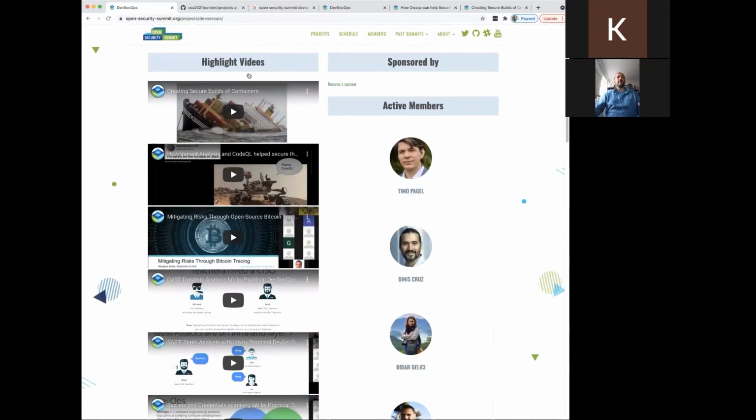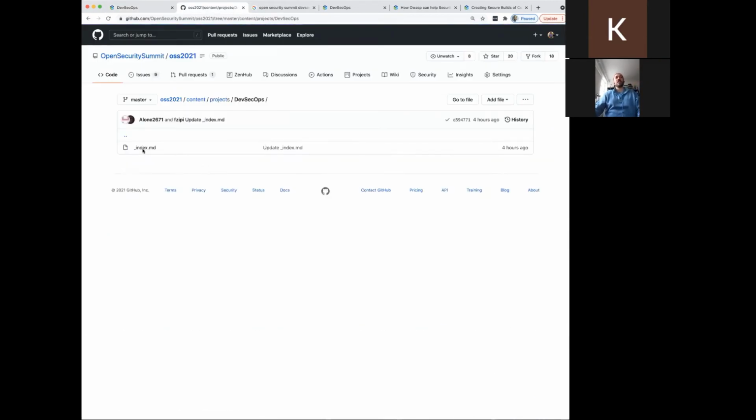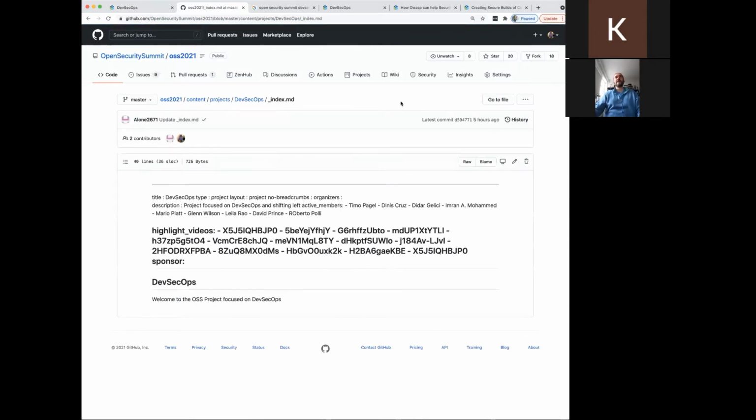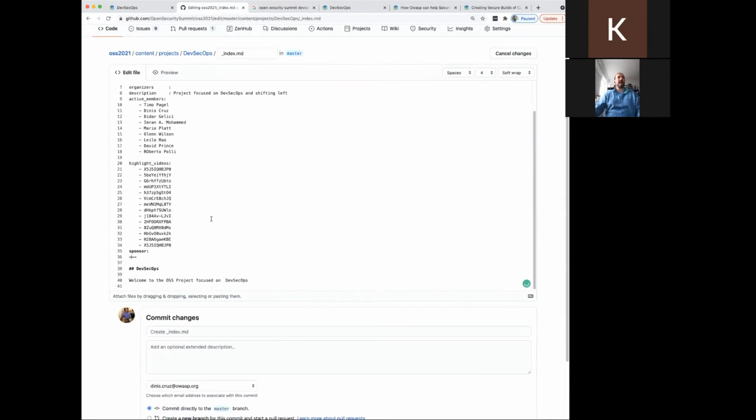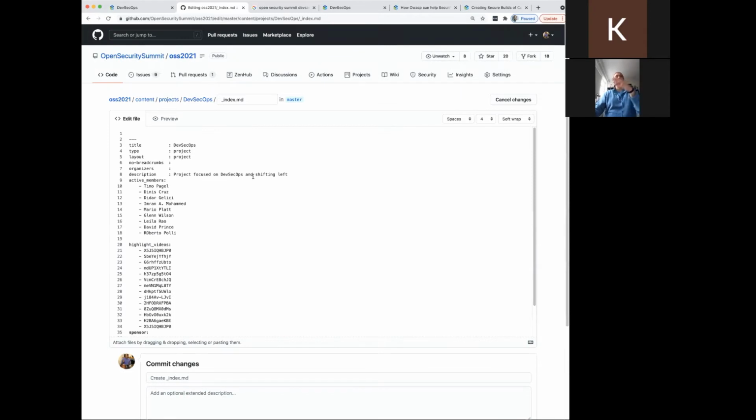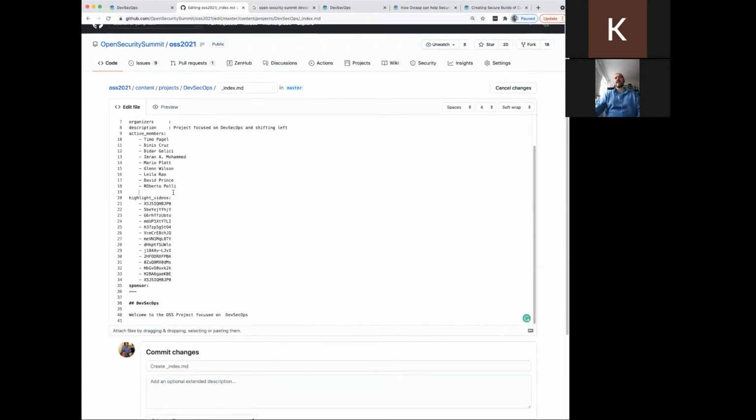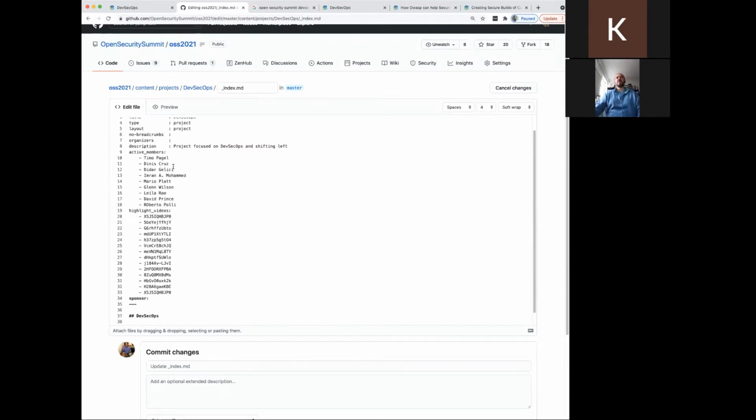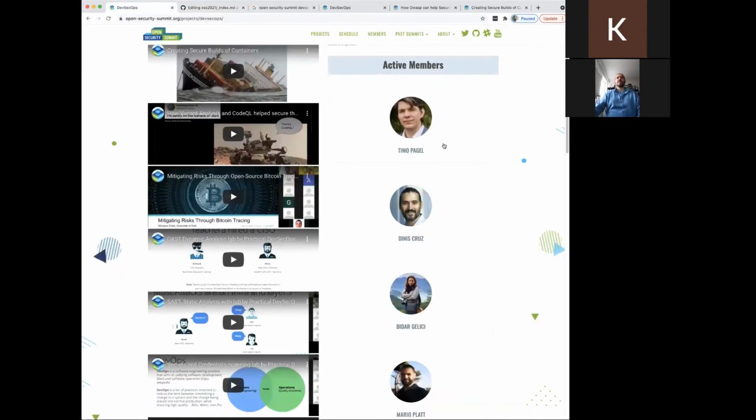So as you make changes here, in this case for example on the DevSecOps page, the information is then published on the site, which is pretty cool. That's how we manage this whole thing, and it makes a big difference. So if you look at these pages, you can see that the active